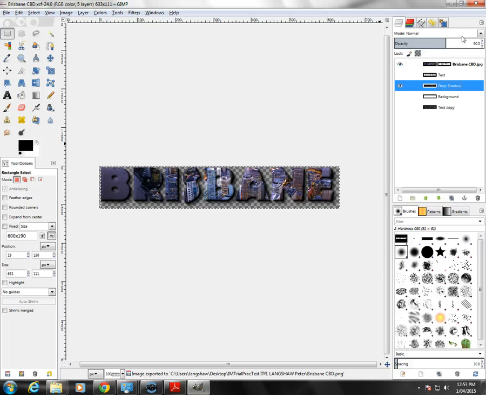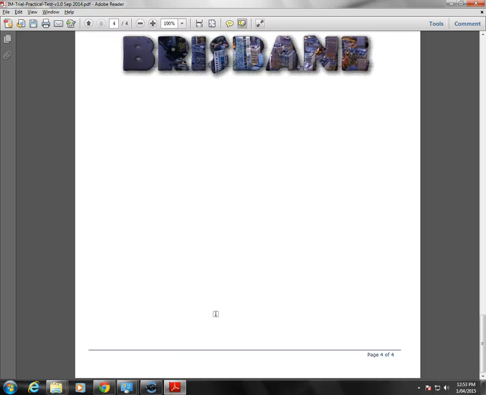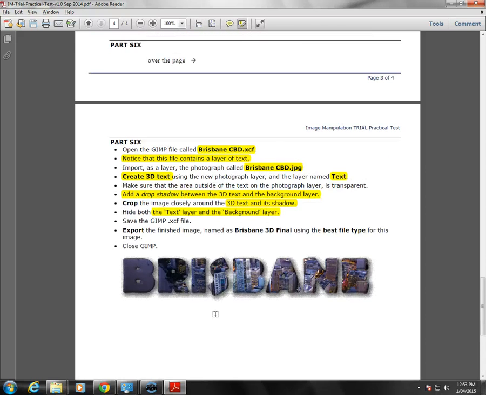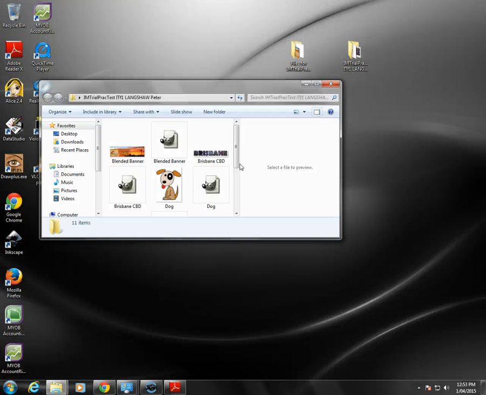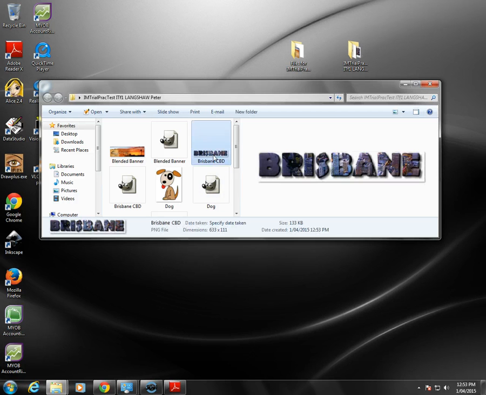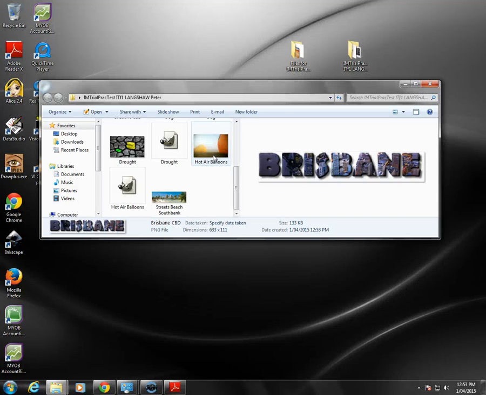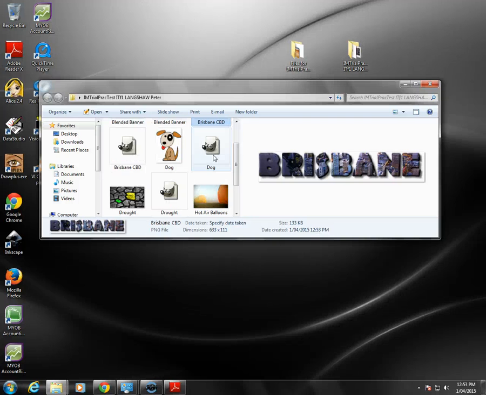It then says to close the GIMP because we are finished. On the real prac test, it will actually then tell you to make sure all your files are in the U drive. Again, I'll make sure all my files are here. There's my Brisbane CBD one. I've got everything I really want in there. So I've been pretty successful with that so far,